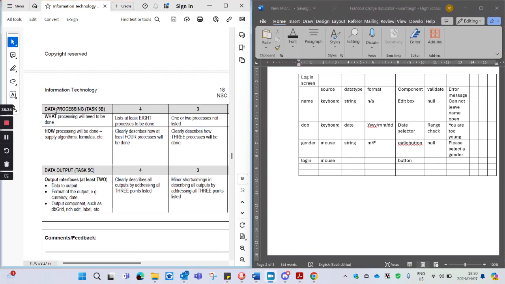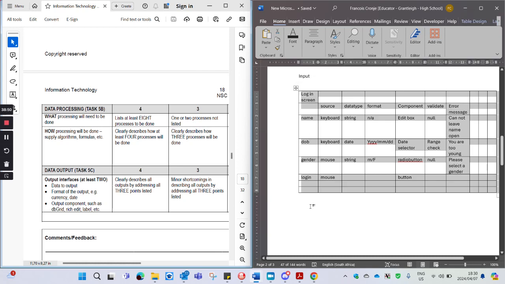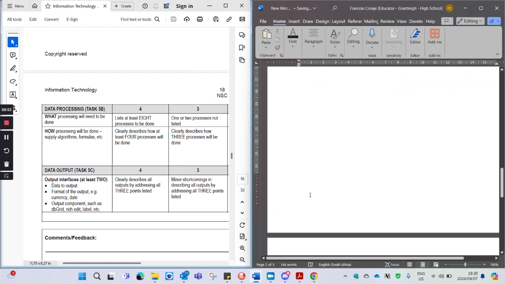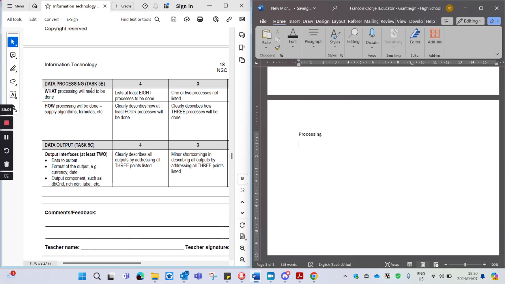Then the next part, the data processing. So you had the input part. Okay, so for processing, what processing will need to be done? List at least 8 processes. Just list 8. So for this, use bullet form and just say add new